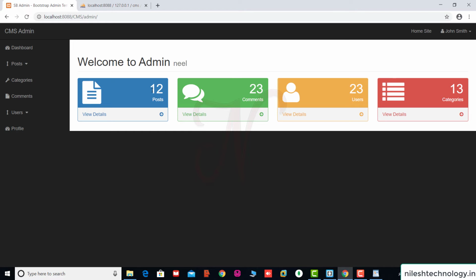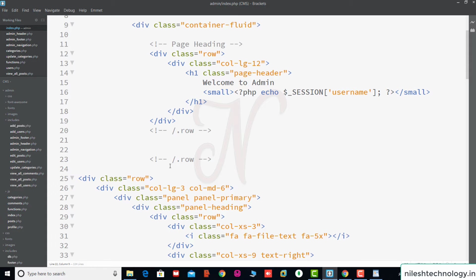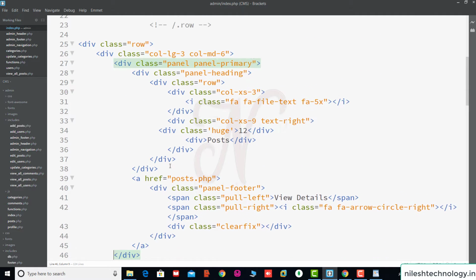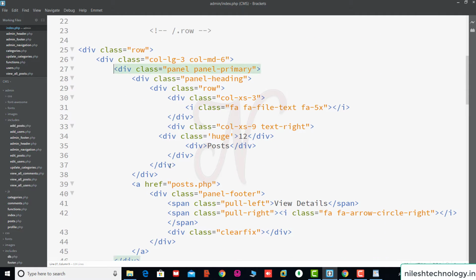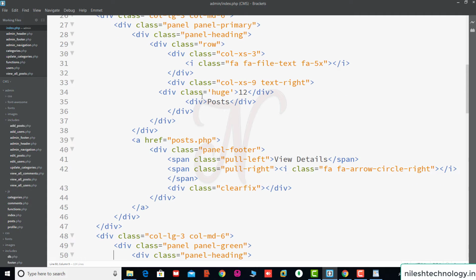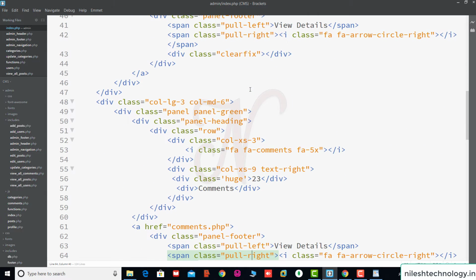This 12 number, 23 number, and this category, user, comment, sports, all of these values are static, meaning these numbers are fixed. Now it's time to make it dynamic. Again we go to this file, this one. This is the huge 12 number, then the comments 23 number.